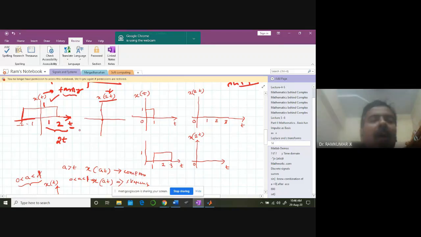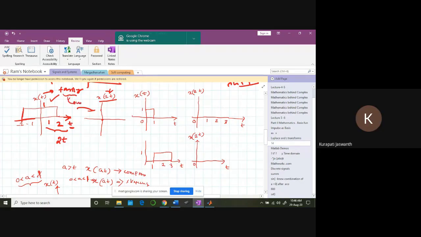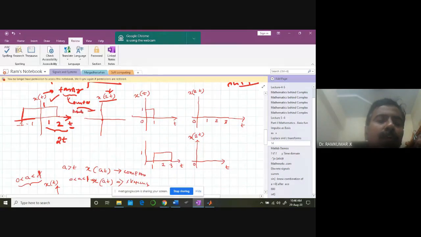2, sir. That's where the problem is. This is counterintuitive. Whatever you are saying is wrong. Why I'm saying it is counterintuitive is, by looking at this signal x of t, I'm saying that I'm going to run the time twice as fast as the original signal time t. In that case, whatever has happened at 1 now has to happen at 0.5. And whatever has happened at 2 has to happen at 1. And whatever has happened at -1 has to happen at -0.5. And whatever has happened at -2 is going to happen at -1. So the signal is going to look like this.